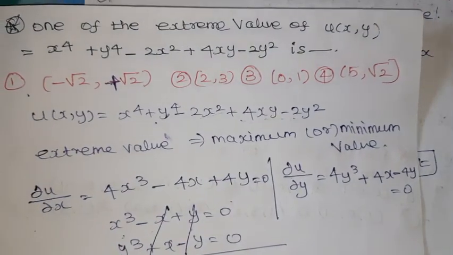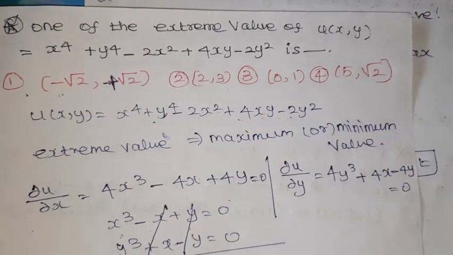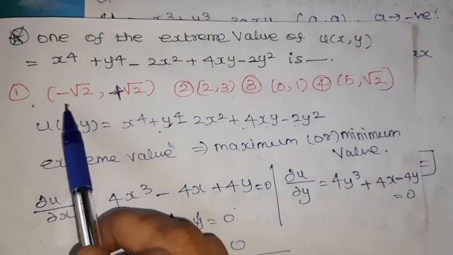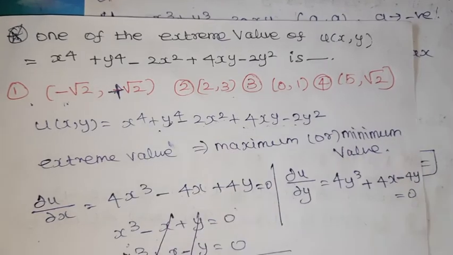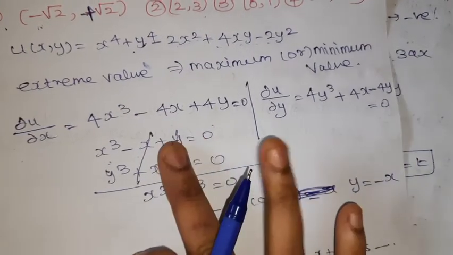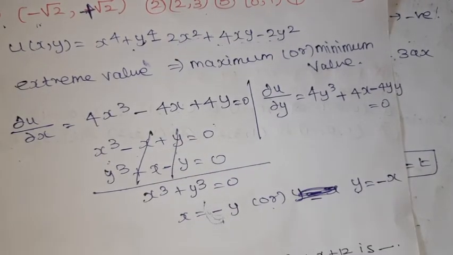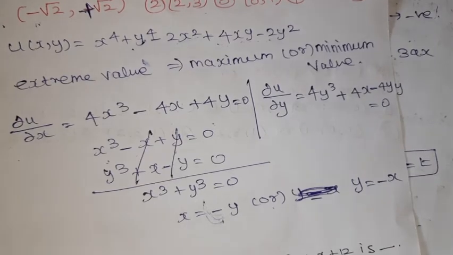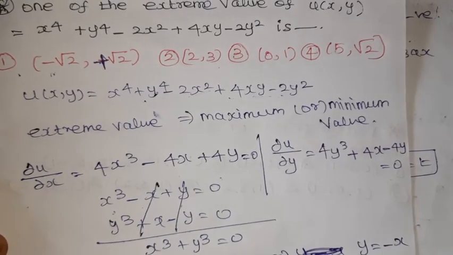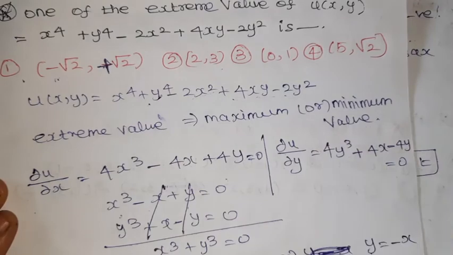Okay, so from this option, x should be minus root 2 and y is, because x equal to minus y. Don't waste your time by substituting x equal to minus y here, then finding the y points, and from those y points finding the x point. This will drag our time in exams. So to save time, I am just cross checking with the options.